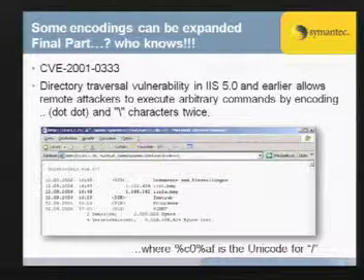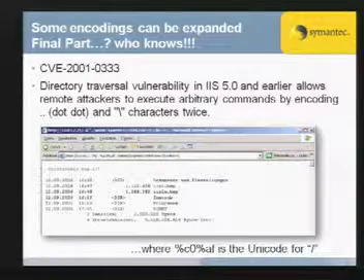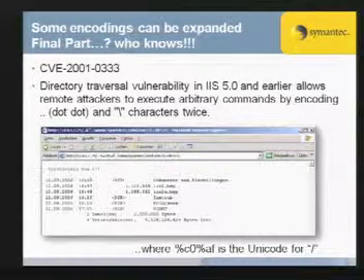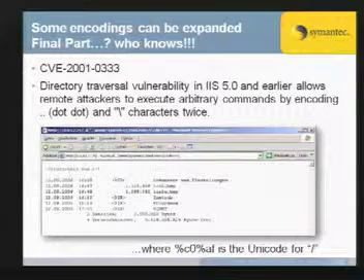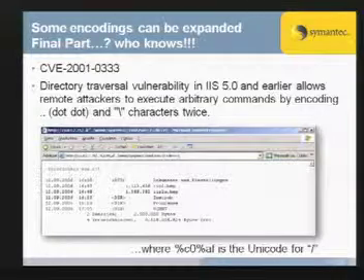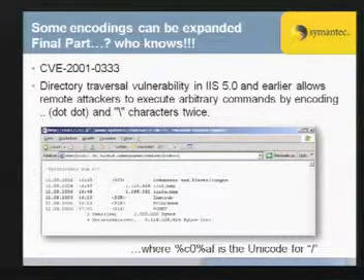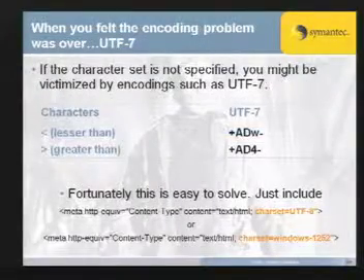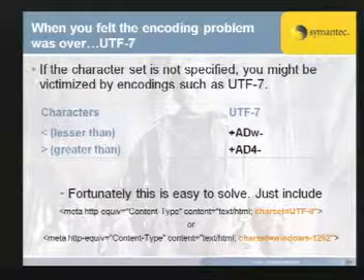If you can execute cmd.exe running as IIS or system, you can do pretty much whatever you want with the box, right? You could create the user Joe and add user Joe to the administrator group, some of the things that you can do. So when you thought that all this encoding madness